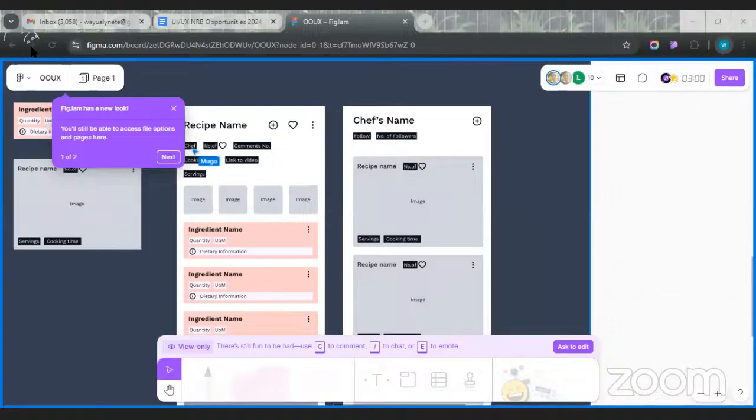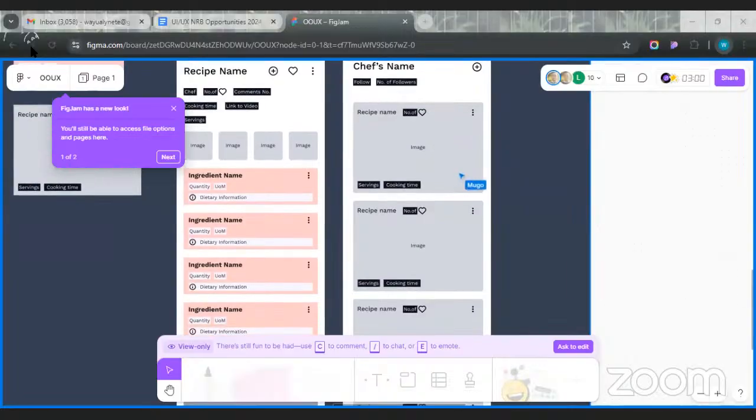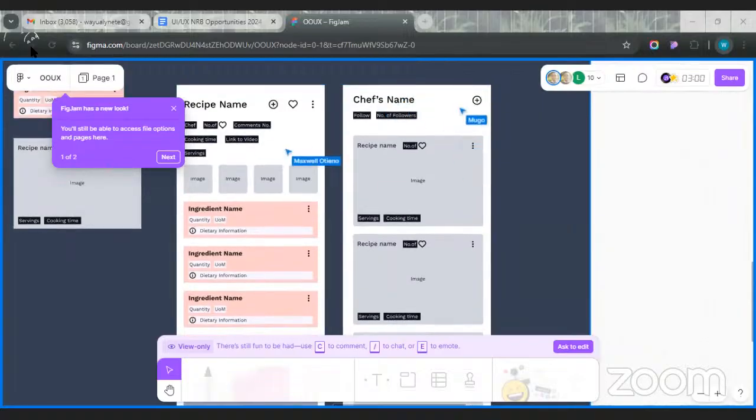Another example is when you go to the chef's profile. Let's say you click chef here. You find yourself in the chef's profile, and then you can follow them. You can see the number of followers. You can see the recipes they have posted, and you can see how these things are starting to become related, because you could also click on a recipe and open it. So you don't need to navigate in a different way where you just go to a screen where you'll find recipes first. And if you're a chef, you could have a button where you upload a recipe, you create a new recipe. So you start thinking of how those relationships come about,